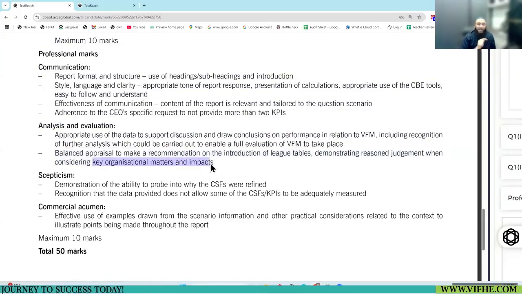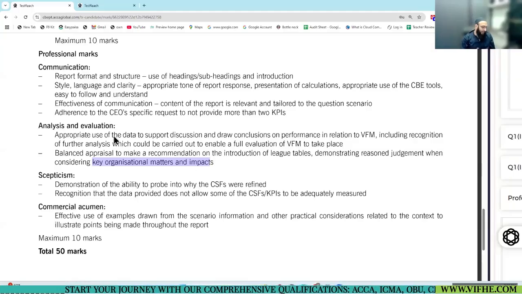Now, what is any other organizational matters? Impact on employee behavior. This was a key matter that you had to discuss. Remember, employee behavior.